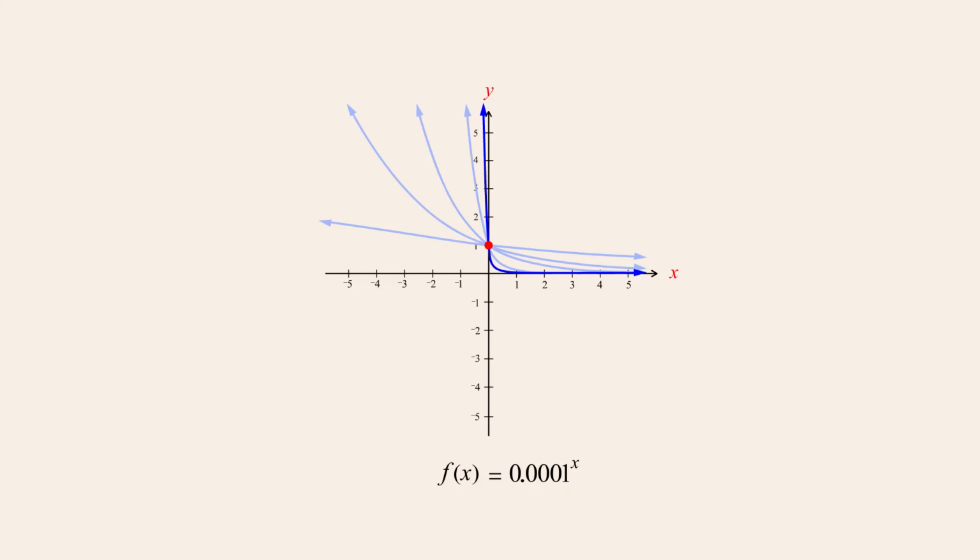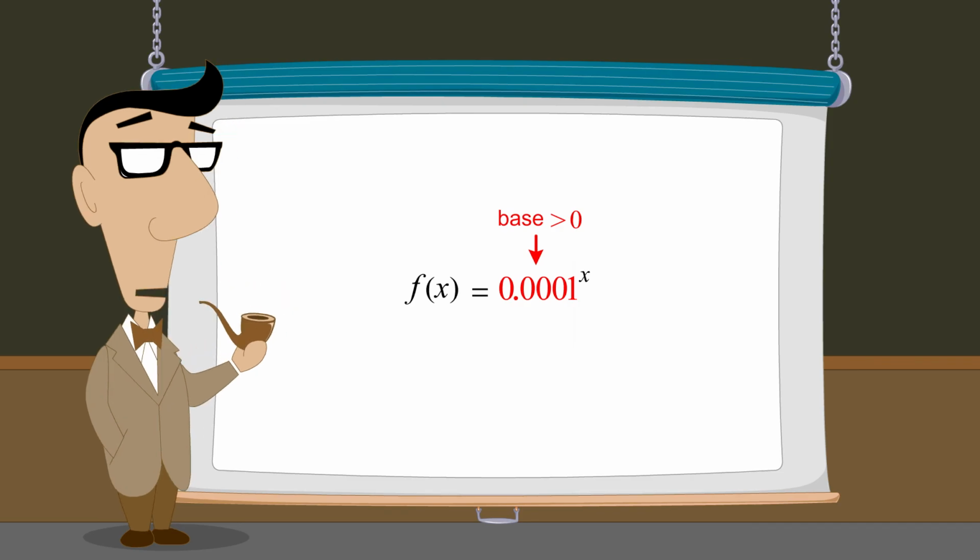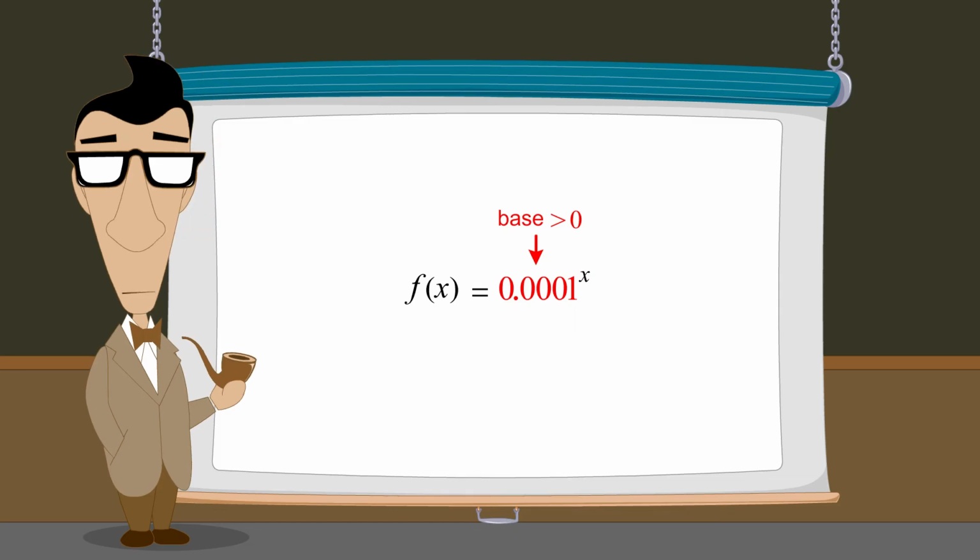However, although the base of an exponential function can be arbitrarily small, it cannot be 0, since the base of an exponential function must be a positive number. So why is the value of an exponential function's base limited to only positive numbers? For instance, why can't the base be 0?